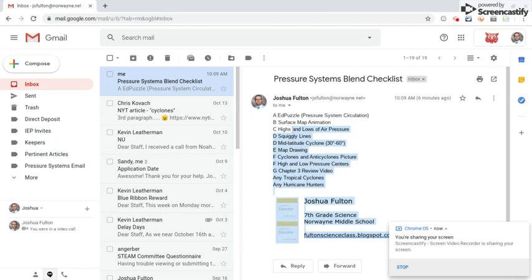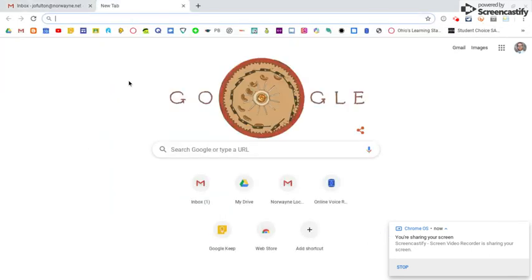So go ahead, we're going to copy what's in this email. So select the email body, push Control C to copy it. We're going to open a new tab, and we're going to open an application called Google Keep. Now I have mine bookmarked, but you can type